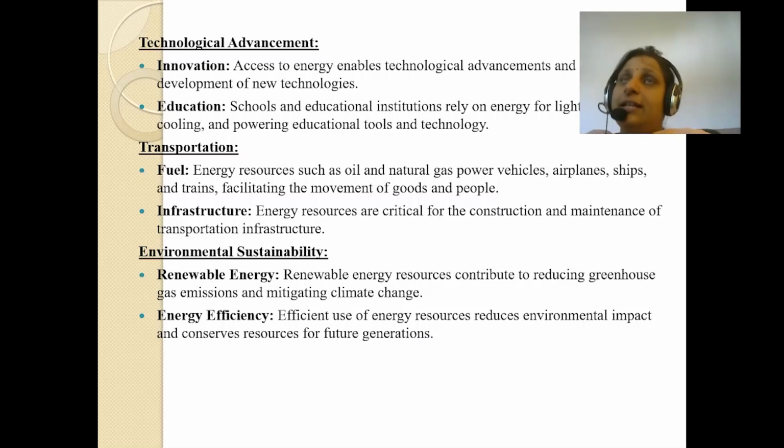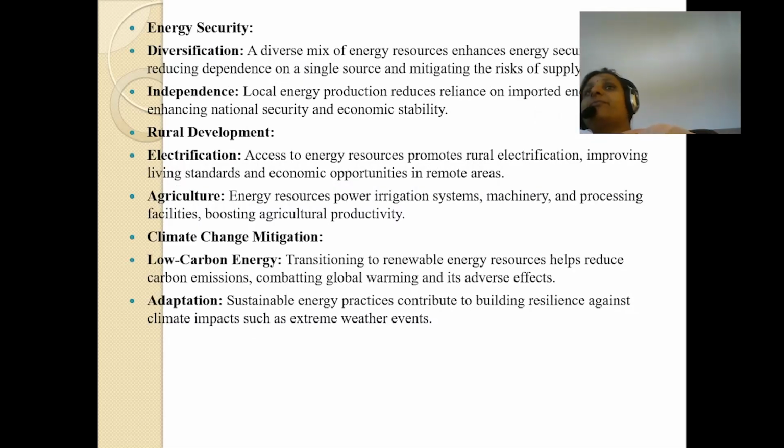Clear, students, how these energy resources are helping in technological advances. It also helps in transportation, in maintaining the infrastructure for transportation, in providing the energy for the vehicles. It also helps in having a sustainable environment through renewable energy and the efficient use of energy resources. And it also reduces the environmental impact and conserves the resources for the future generation. For having energy security,